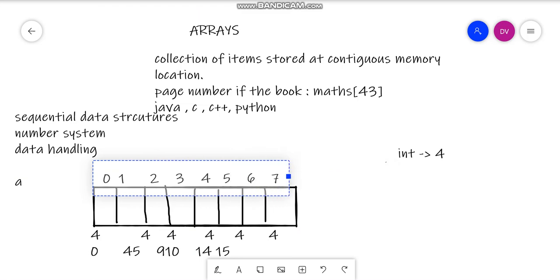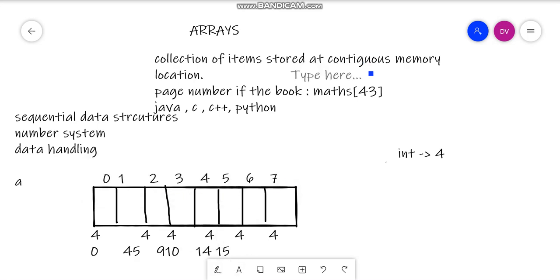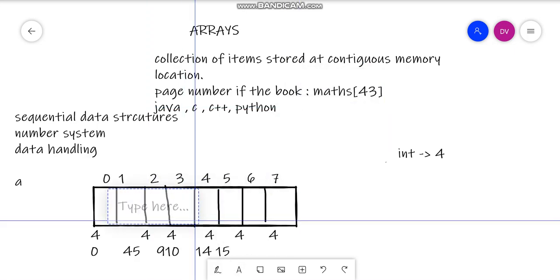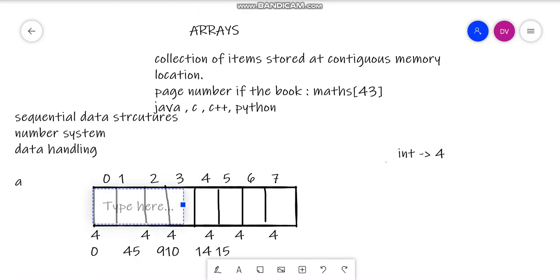Just keep in mind that we have to start from zero index. Suppose at index 0 there is 12, then the others may be 100, 99, 101, 56, 67 or 32.